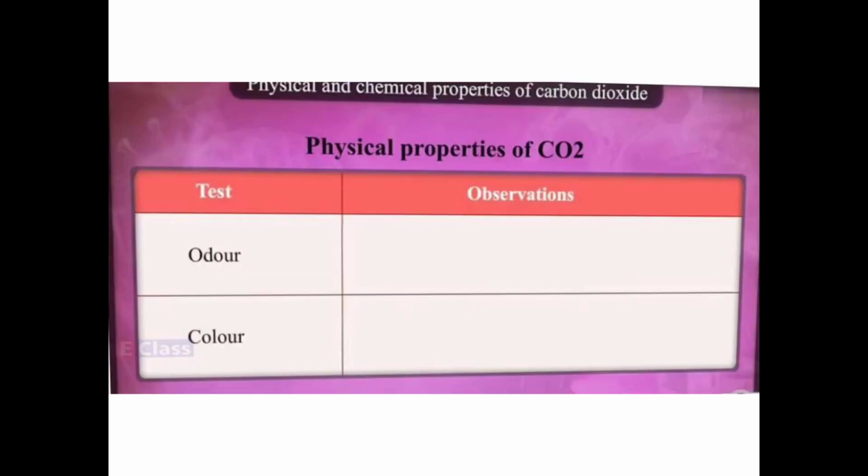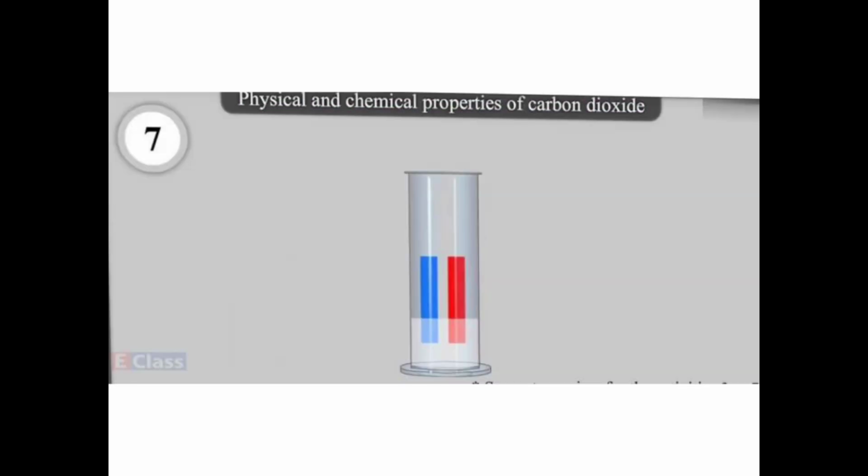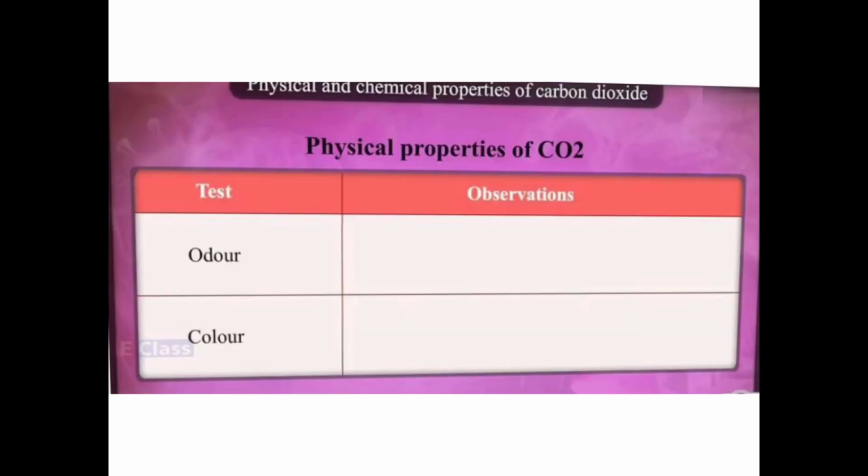Now add a little water into it and then we just shake it. The gas gets dissolved a little bit. Okay. And the litmus paper, as I told you, turns red. So you are going to write down the observation given in the table on your page number 145. I told you all the observations. Now you are going to complete the observation.